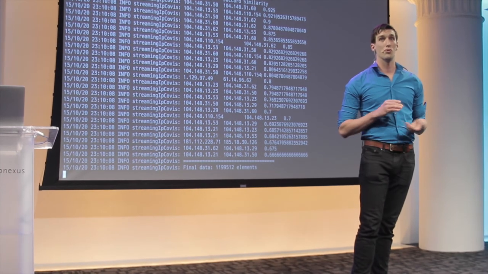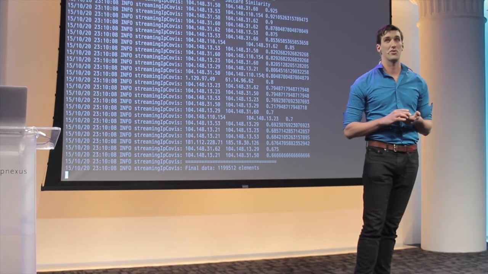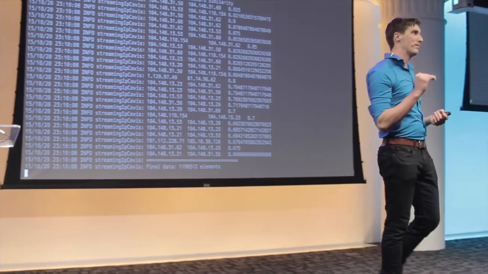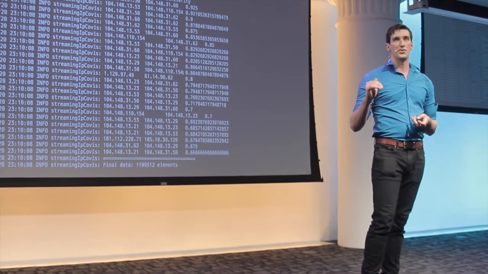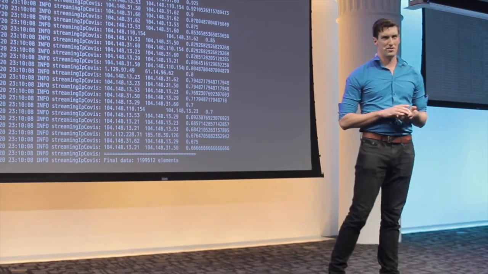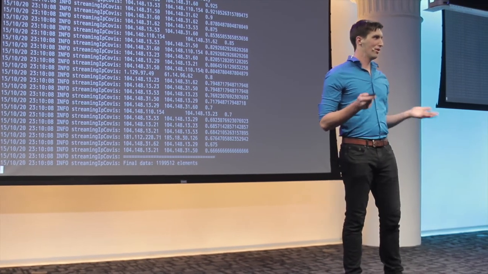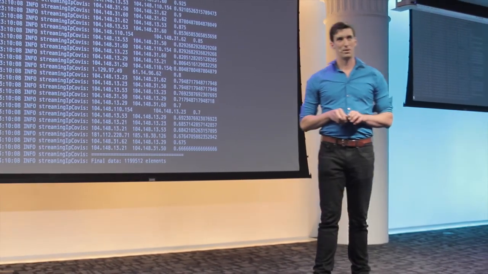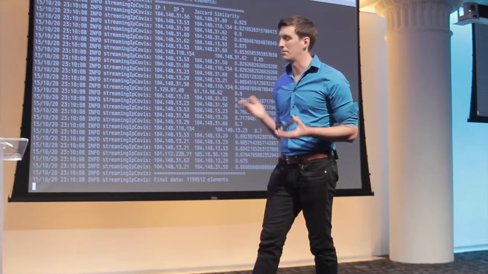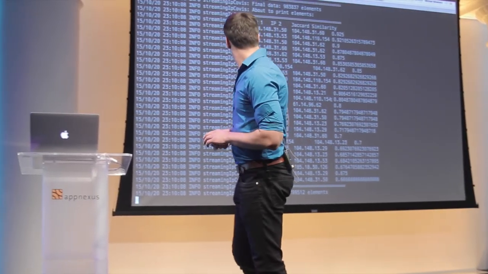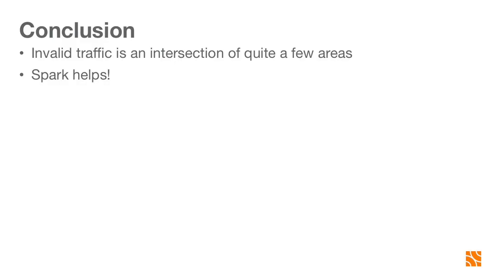Now you can see that fortunately there's not a huge number of those IP addresses, because this list is sorted in descending order, and you can see that by the time we get to the bottom of the list, it's down around 60%. So there's fortunately, or unfortunately, I suppose, depending on how you look at it, not people who are egregiously bad at this kind of stuff. But anyways, that's pretty much it, I think.